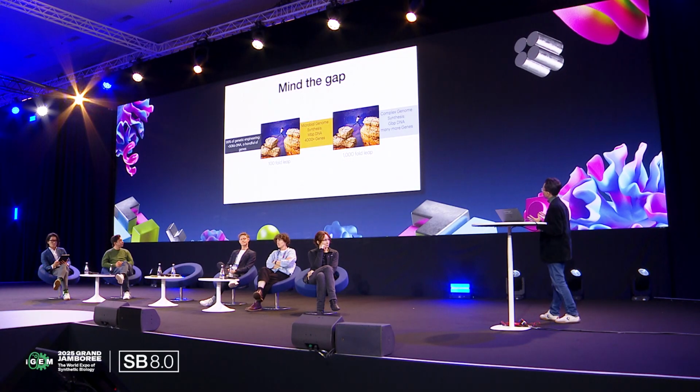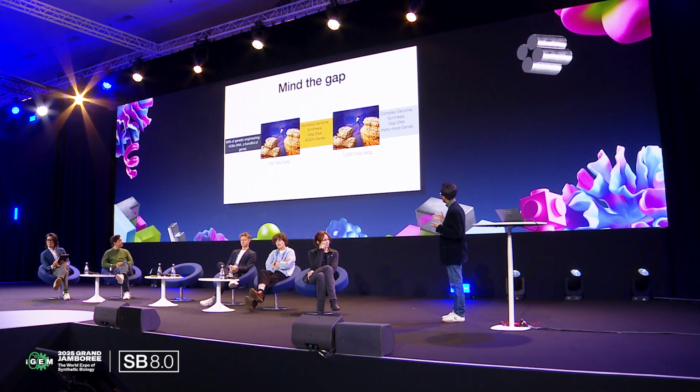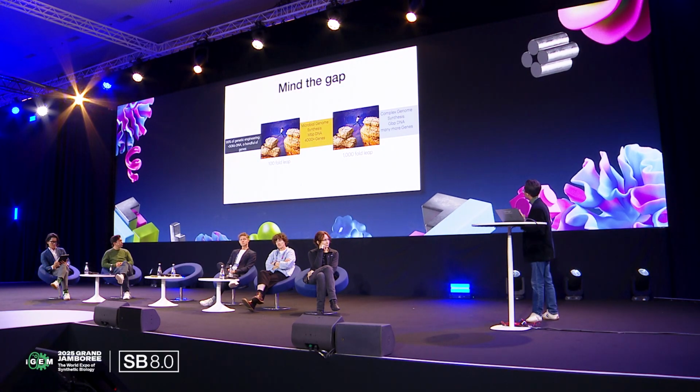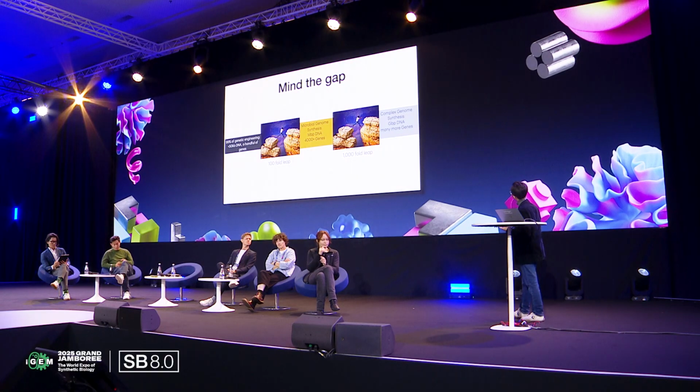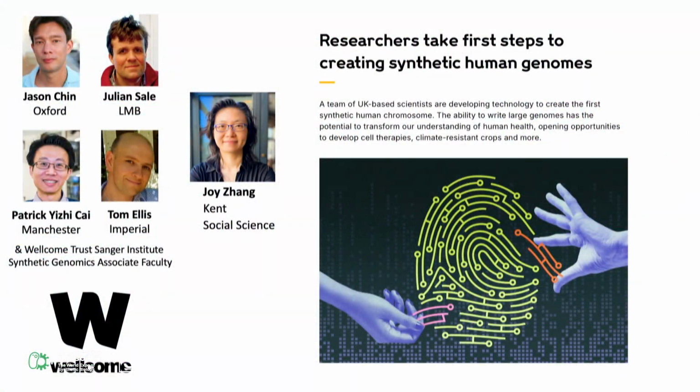Okay, so far I have told you we can scale up about 100-fold from the current practice of genetic engineering to microbial genome engineering. So that's megabase DNA synthesis. But if you really want to push the envelope a bit further to look at much more complex genomes, we're thinking about gigabase DNA synthesis, right? So that's a 1,000-fold leap we need to take. I'm not going to tell you too much about this, but we have been working with Jason's lab and Tom Ellis's lab and Joey Zhang from Kent, and we are going to take the first step into making the synthetic human genomes.